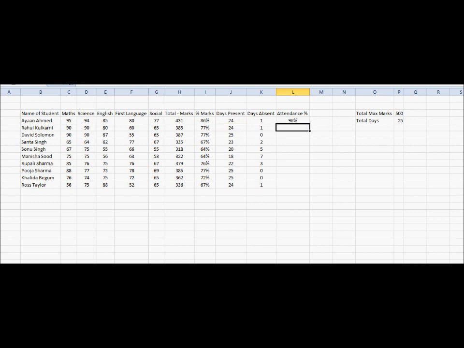I was saying that there is one more way, with which we can just drag and drop. In this case, if I drag and drop, we'll get a different answer, like how we got it in the case of marks. So how do we do it? Highlight this and press F2 here, and you see the formula which we are using.